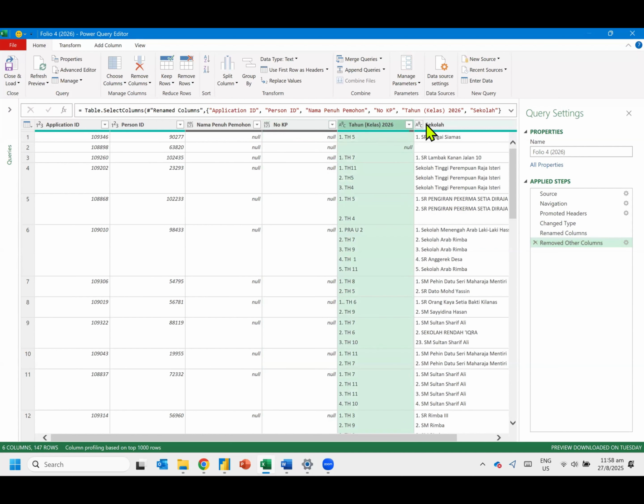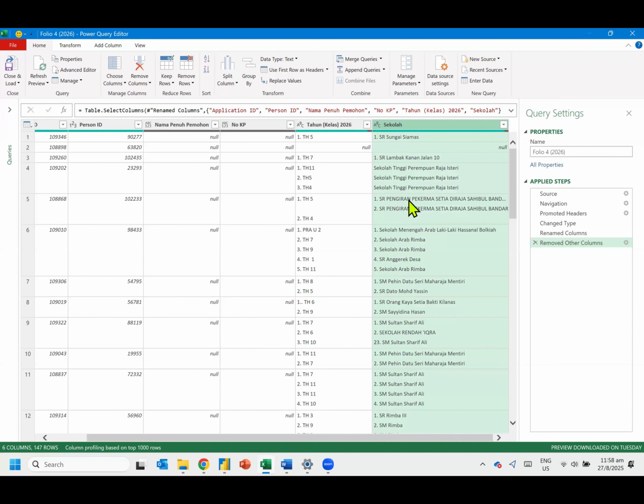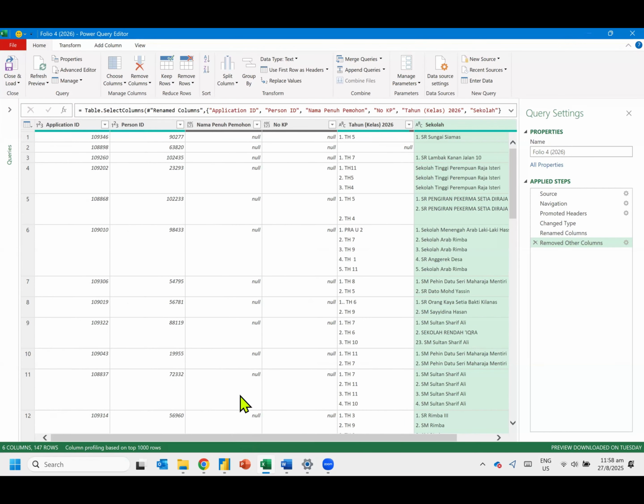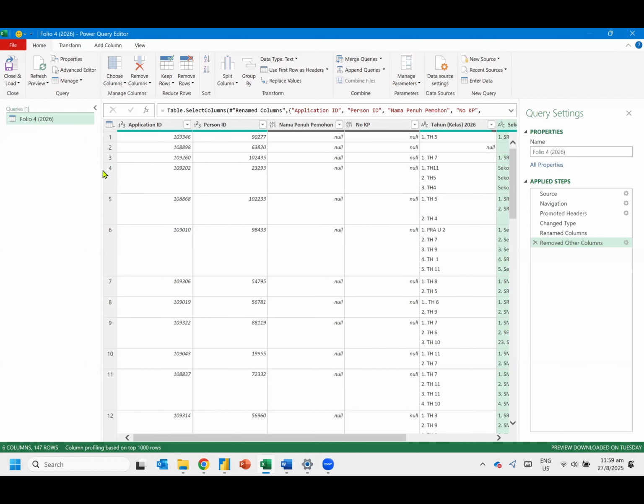is this one and this one need to be split. Then you can do a proper count. Okay? So what I do, it's not perfectly clean yet. I found a problem, but that one is not my problem. It's Karima's problem. I'll highlight the problem. Now, what I do here is I will duplicate this query